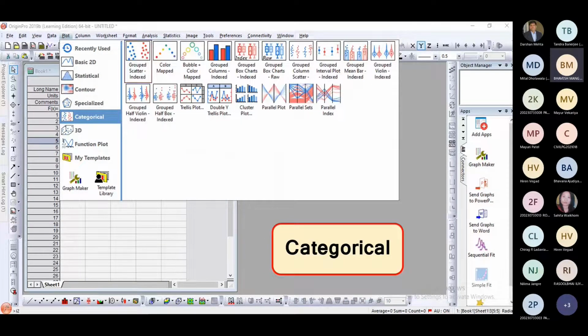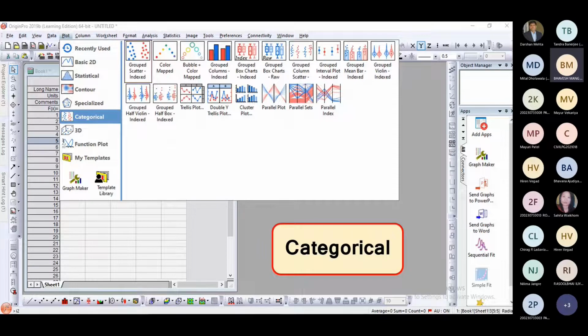These are the categorical plots available here. Suppose the data is from two or three locations, and one wants to compare these two or three or four locations' data in one chart. So grouped plots are also available here.